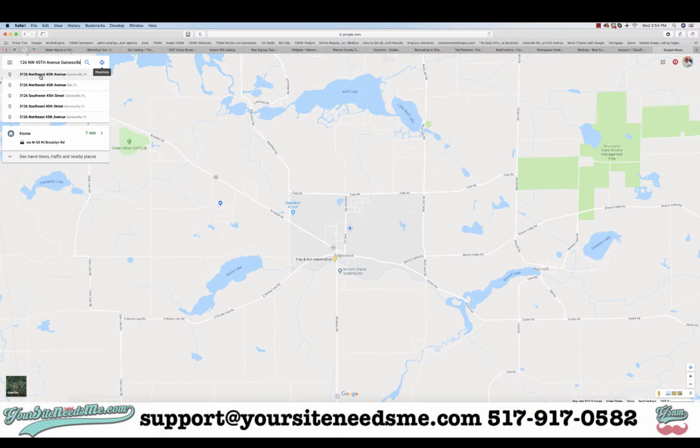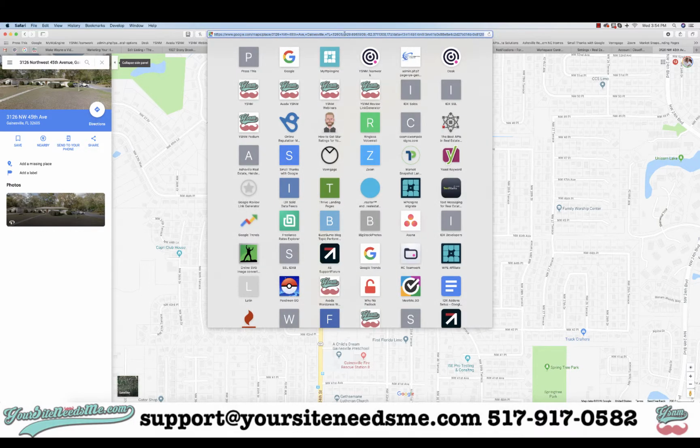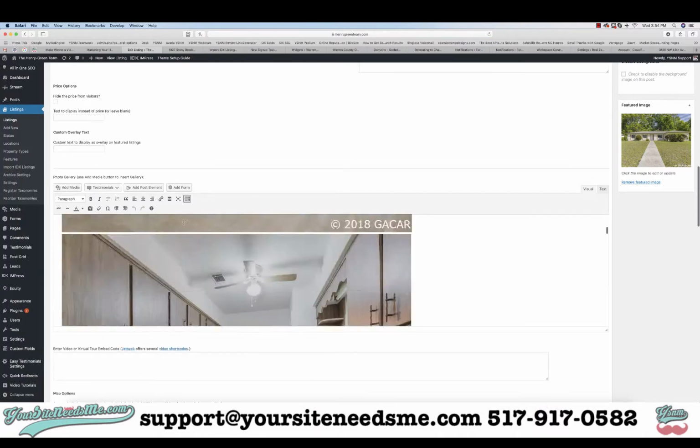And you can see the address pops right up. So once we click on it, you have two options. Up here is going to be the latitude and longitude, so you can grab these. It should already be in here correctly. So as I scroll down,